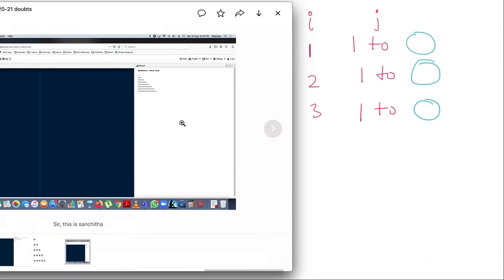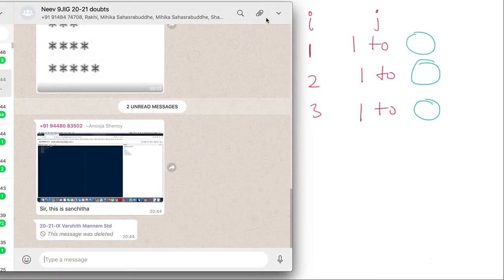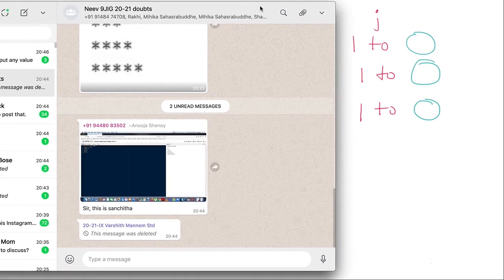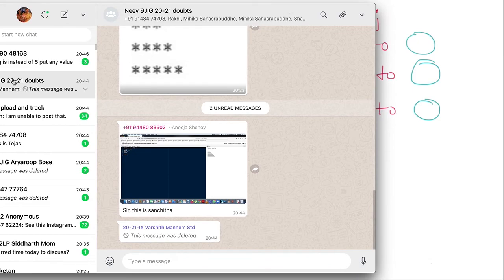Sanchita, I told you, no steps and all. I want to control, and for a particular reason. So don't do it by steps. So redo it. Sir, do I send with program or only the output? Yeah, okay. You send anything. I'm okay with that. Send both if you wish.